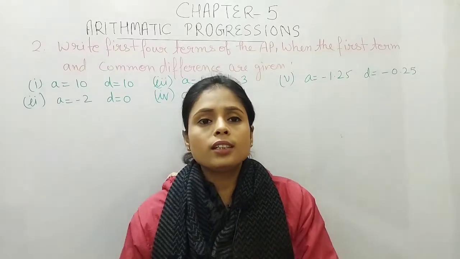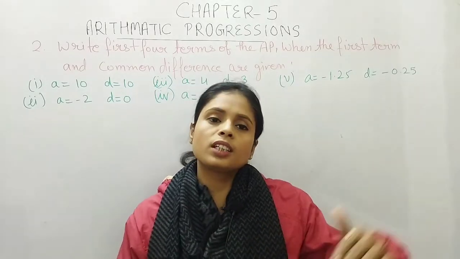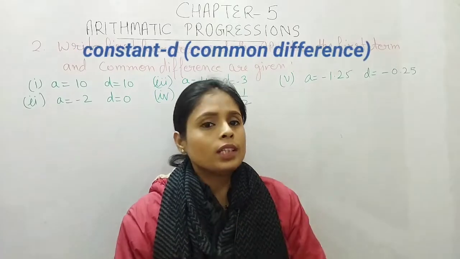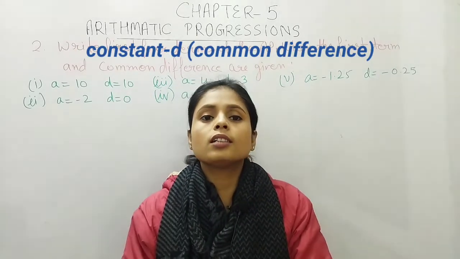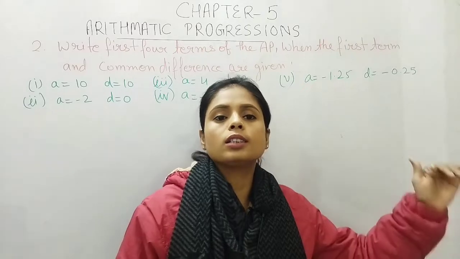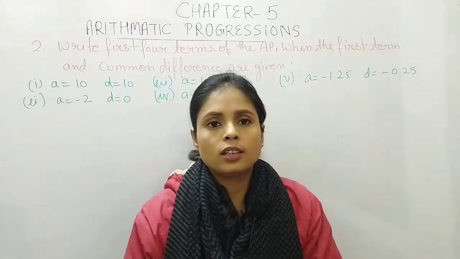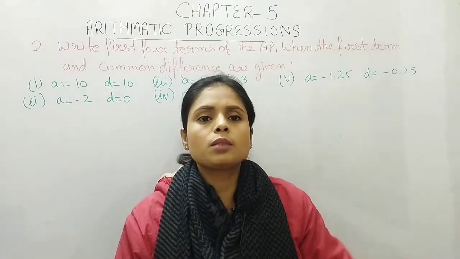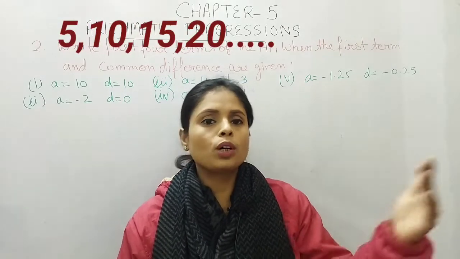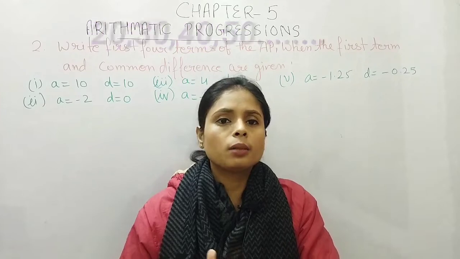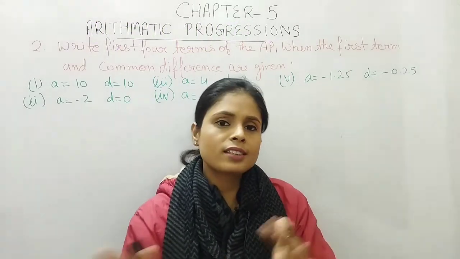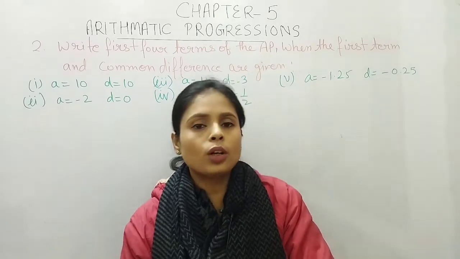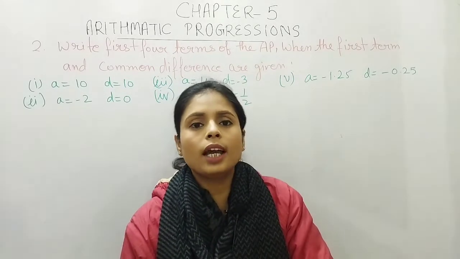Arithmetic progression is a sequence in which terms increase or decrease by the same constant. What is the constant here? The constant is the common difference among all the terms of a series. You might have done in your previous classes the making of series by jumping of 5, by jumping of 10. That is called an AP series. Here we will be doing the same thing but use some formulas that will help us do the solution very quickly and easily.